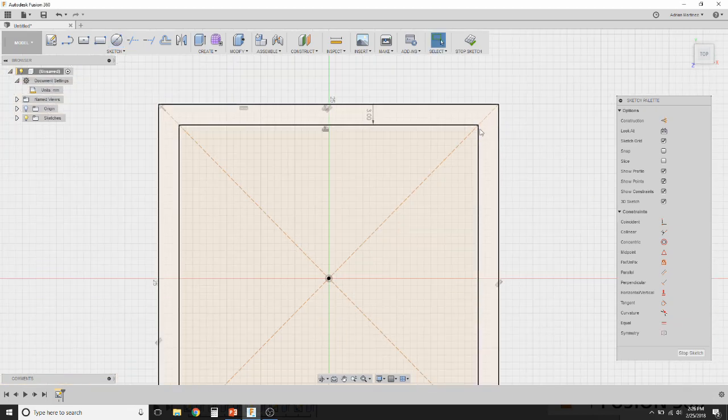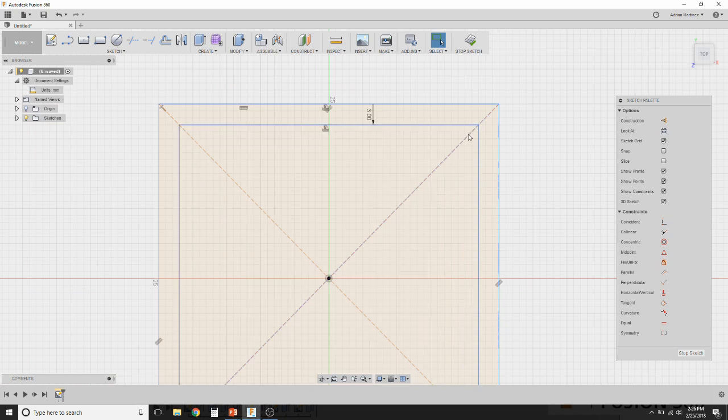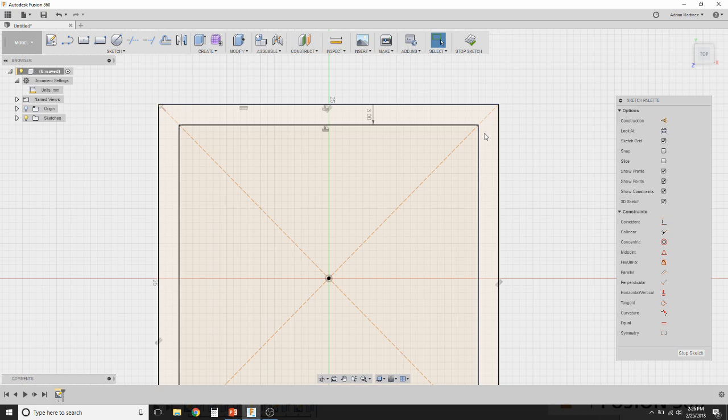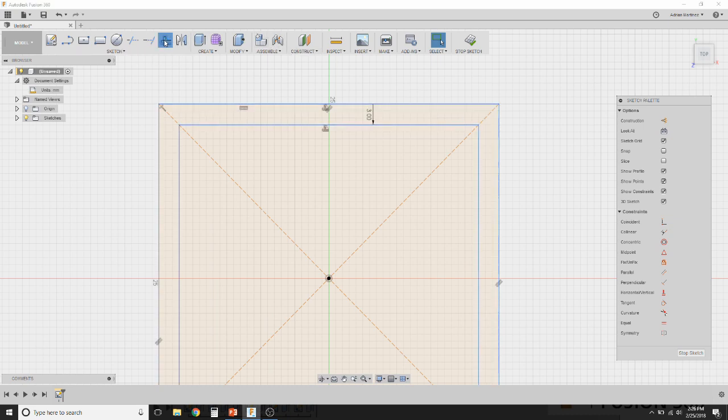What we're going to want to do next is offset one of these lines half the diameter of a screw, or 1.5mm, to have a place to anchor the center of our circle here. Now there's a couple different ways to do it. We're going to demonstrate it 2 ways. You can hit offset